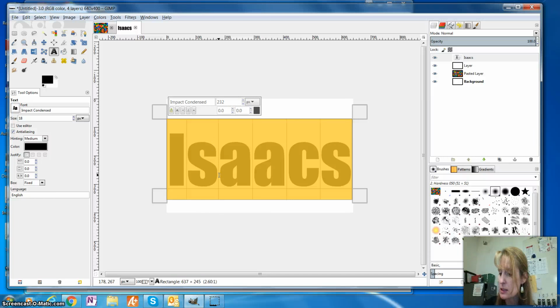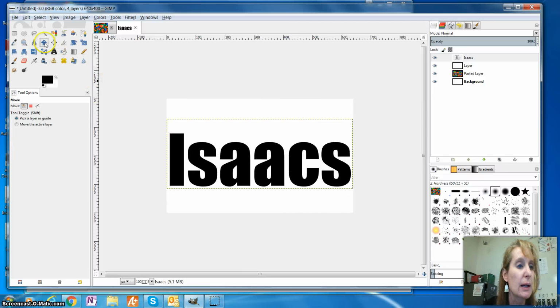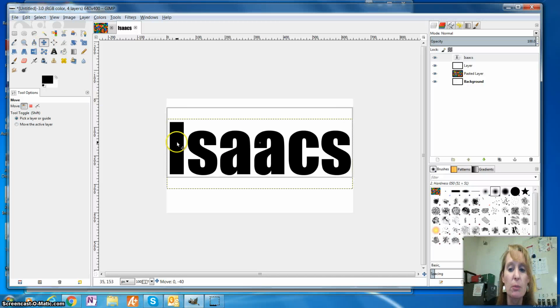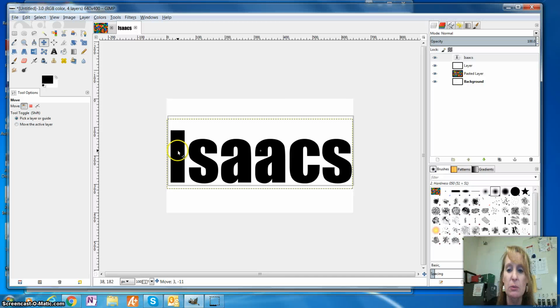Step 8 says to click in the workspace once. Oh no, that was step 8. Step 9 says move the text tool to where you want it. So the move tool is this one right here. You have to click on the actual letters. So if I want to move it up or down, I can move it at that time using the move tool. Step 10,